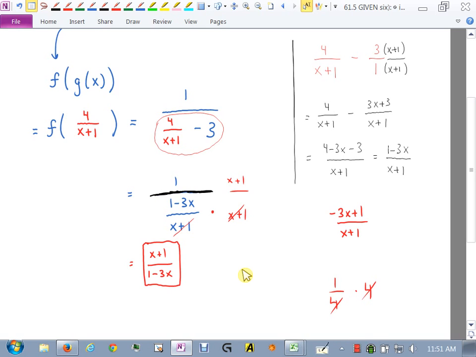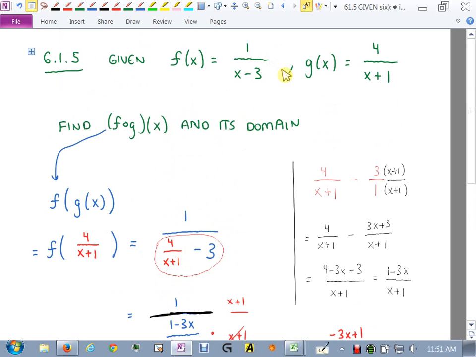Now, looking at this composition right now, let's start to talk about domain. There's a problem with the domain here, isn't there? It's possible that this could be 0, right? We'll have to figure it out, but this could be 0 here, and that could be a major issue. So we do have a problem with domain that we were not able to recognize by looking at these two,